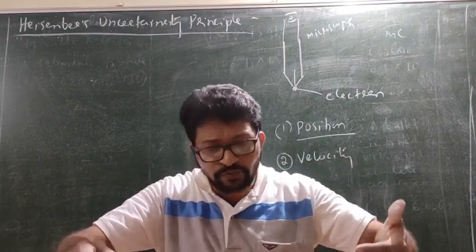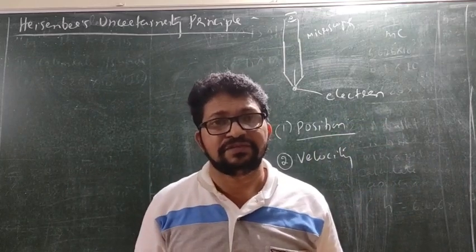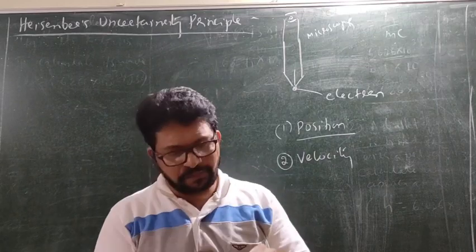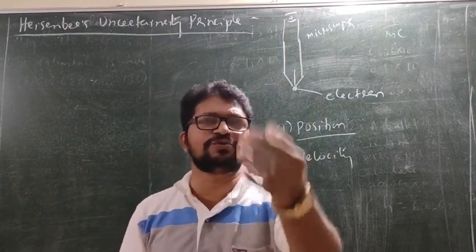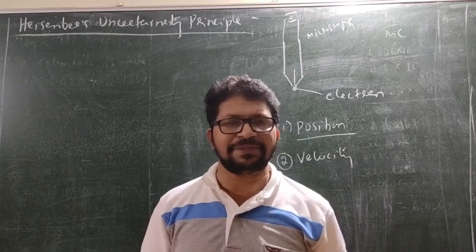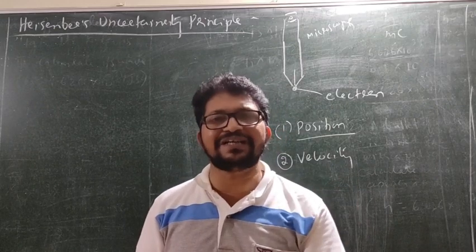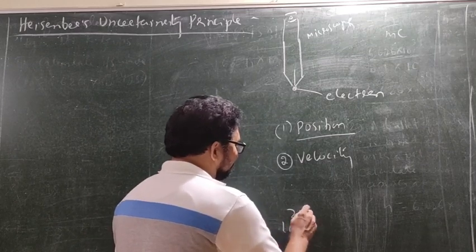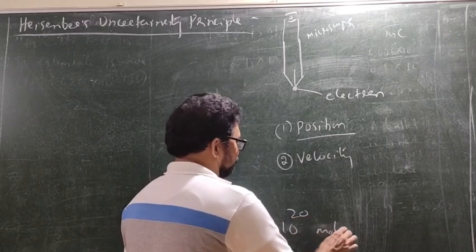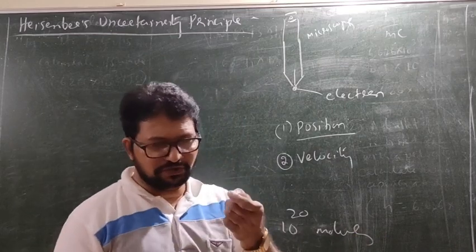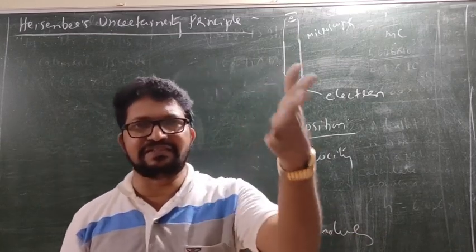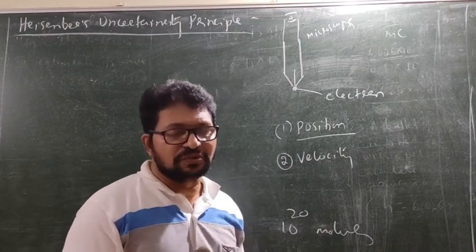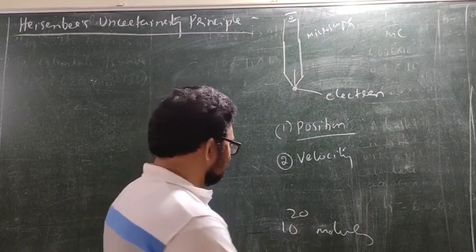Then who after all are we? What is the capacity of our eye? We can see only big things. Suppose a small chalk piece. Can you see it now? The capacity of our eye is that much. How many atoms are in this? Definitely 10 to the power 20 chalk molecules are there. Can you see each one molecule? You cannot see this itself, chalk powder. So our eye is not everything.